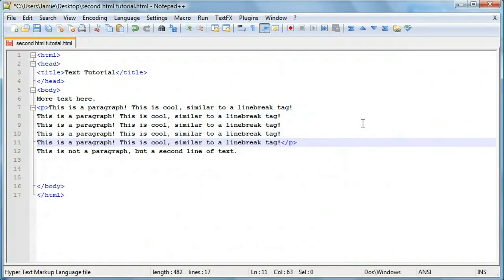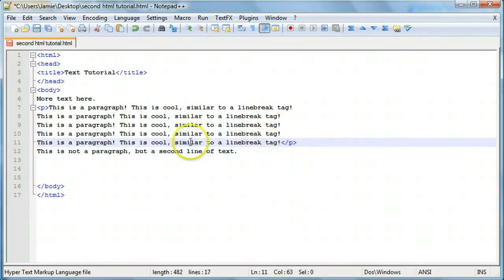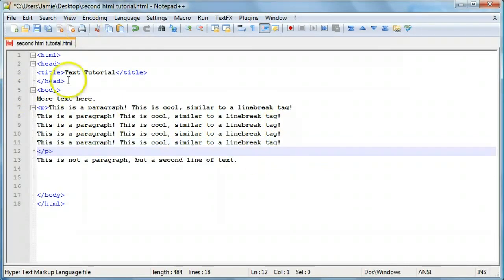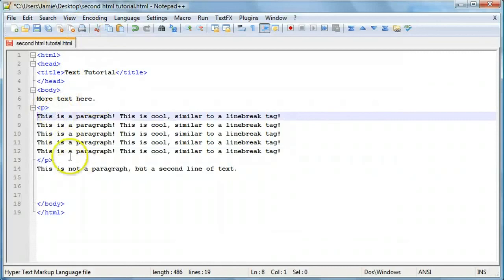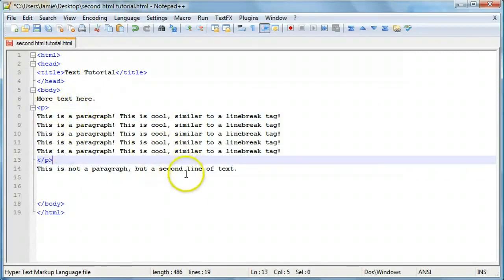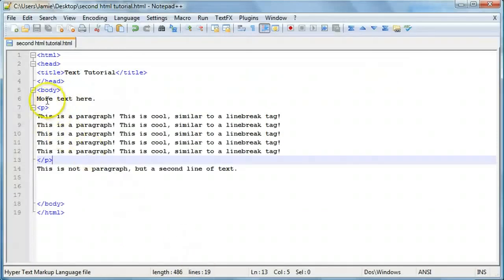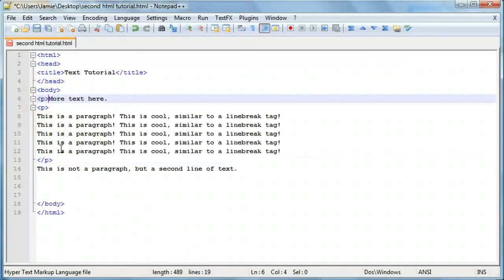A cool thing about paragraph tags, or basically any opening and closing tag, is that it doesn't matter if it's underneath something or right next to it, it still has the same effect on anything that's inside of the tag. So we'll just keep it between these two tags to make it look organized. This will show you how it works. Even if you have a paragraph of text, it'll still keep the spacing exact for whatever happens to be above or below it. If we were to include this right here in a paragraph tag,